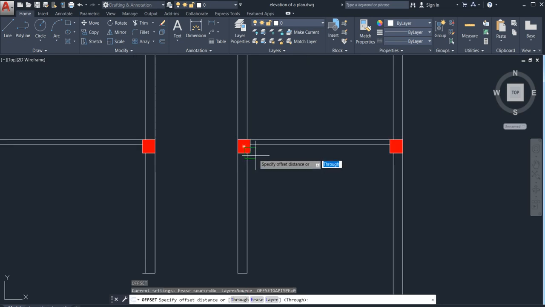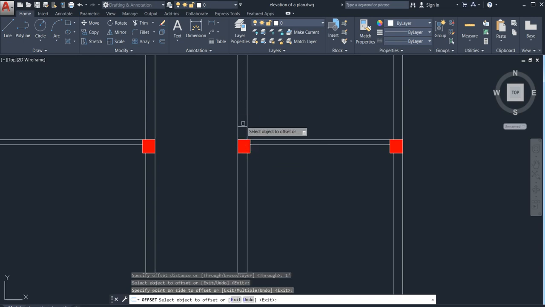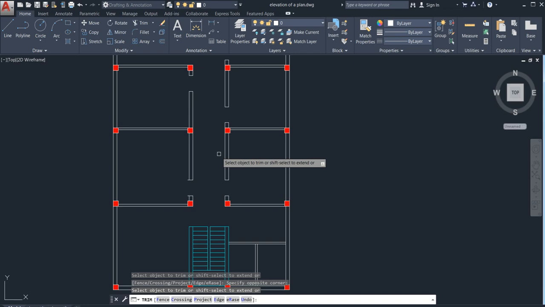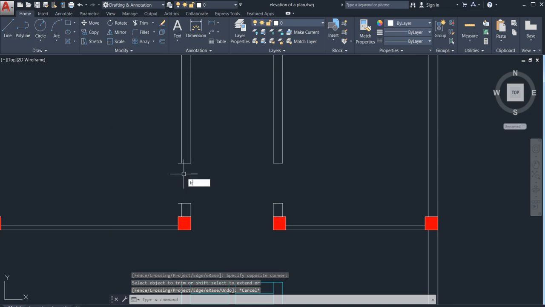So offset of 1 feet, right? So here now 3 feet, right? Go for the trim command, I have trimmed it. After that, what we need to do means, here also you can see, go for trim,